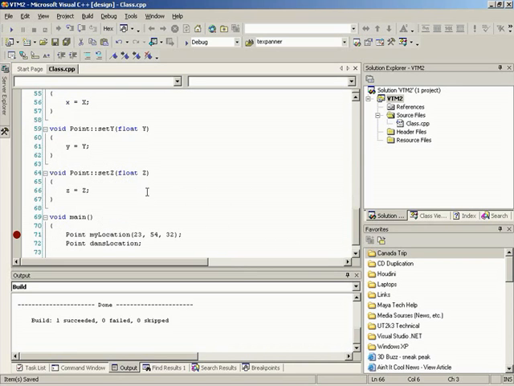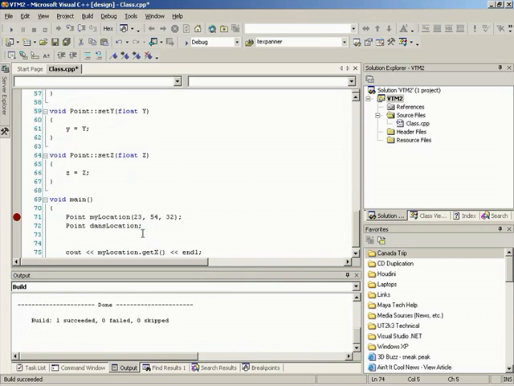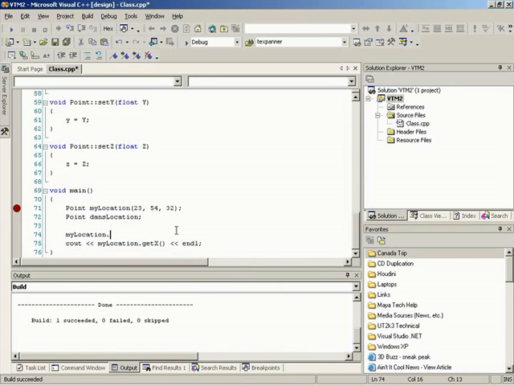So, let's compile that guy. Ooh, it looks like it worked. Now, let's go into here and test it out. My location dot, and it's not coming up. Don't worry about that. It's just not coming up right now for some reason. So set x, and we want one argument, and we'll say, let's change this to 12. So x is going to be set to 12. Okay. End that off, and when we say get x, it should now be set to 12, so it should